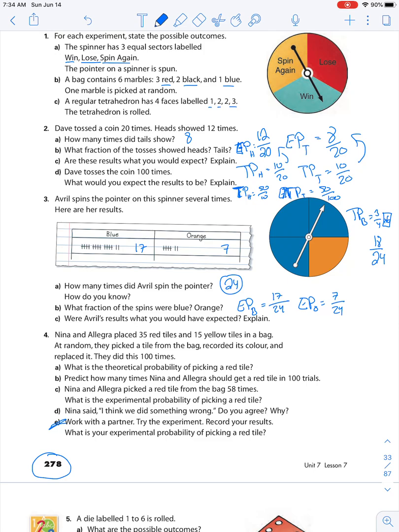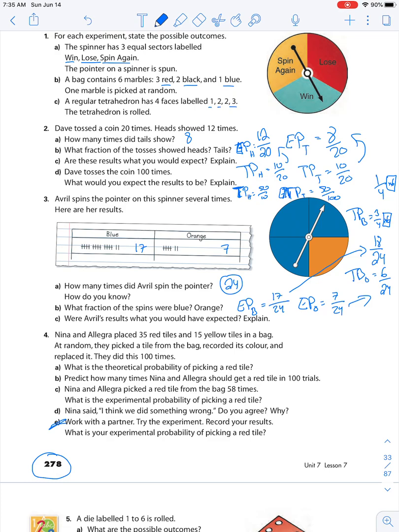So the answer is no. And then the same thing for this one, right? With a theoretical probability of orange, we would have expected 1 over 4. Magic number would be times by 6, right? So we'd expect her to have 6 over 24. So the results were not what we would have expected, although they were very close. We would have expected the theoretical probability of orange to be 6, and the theoretical probability of blue to be 18. Okay, there you go. Next one, Nina and Algeria